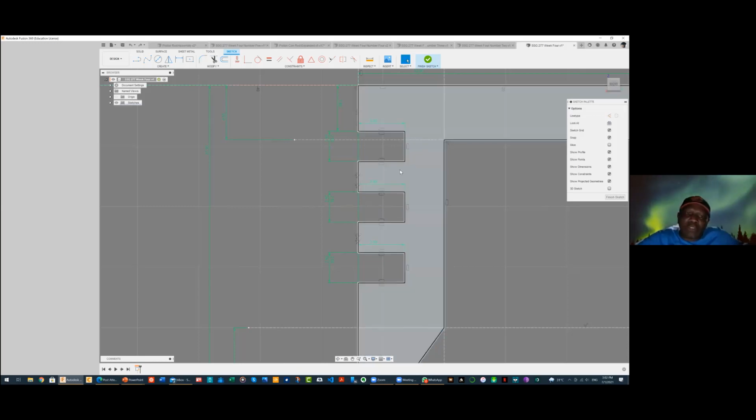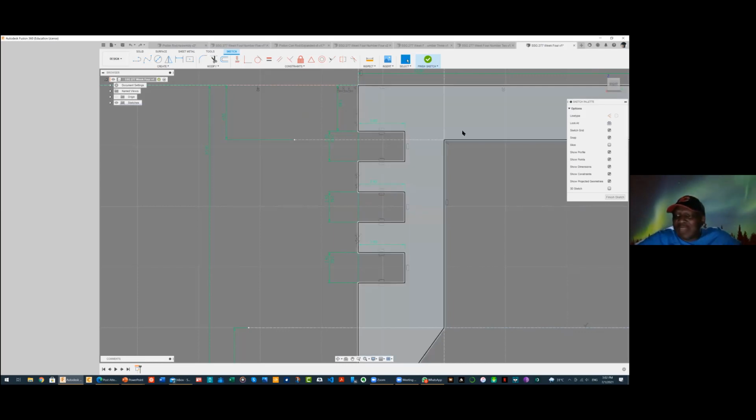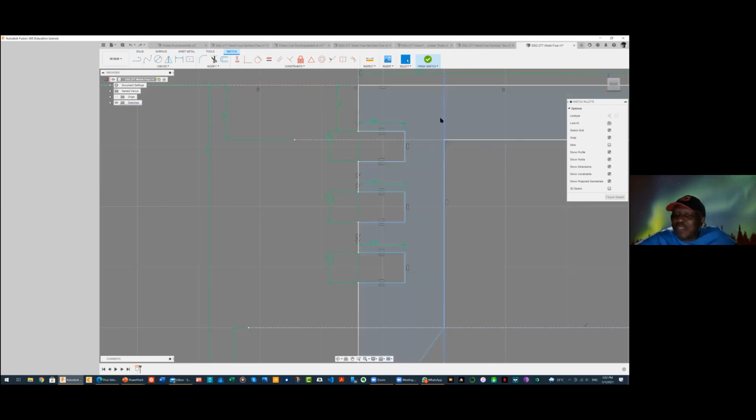If you don't, you can just take your line again and repeat a line in the place where you have removed the line, and that will be okay. So just know that if what you intend to do is to make this a solid, it always has to be a closed circuit. And if you look at my drawing, this one is thicker than the other ones. So instead of this one being 2.5,